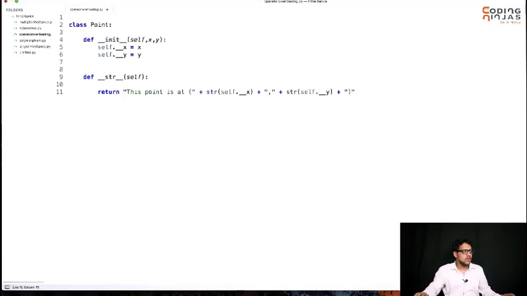Okay, great. So for description I have used this point is at this x and this y. Okay, I am using it like this.